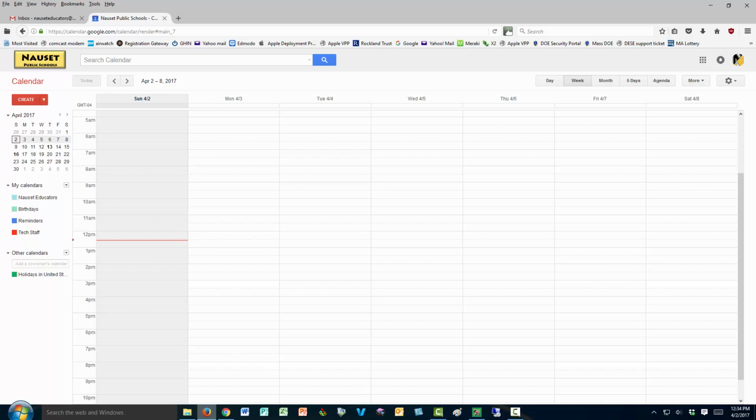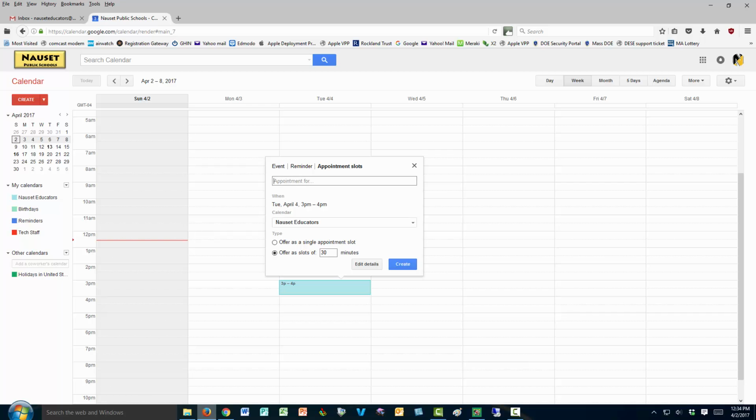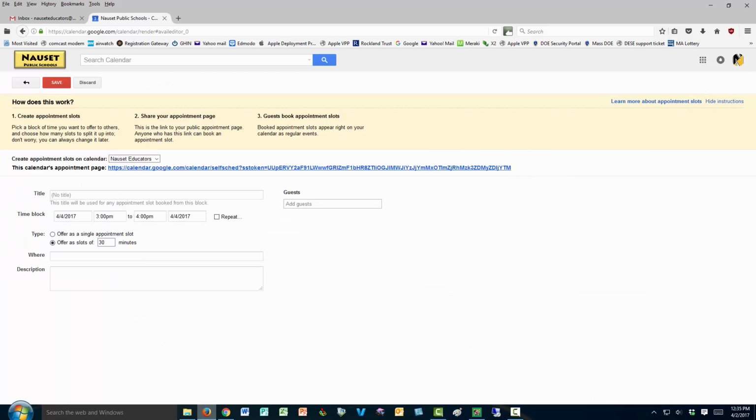these appointments take place. So let's pick 3 o'clock, and what we're going to do is make sure that instead of choosing event, we choose appointment slots. Once we've done that, let's click on Edit Details, and in the Edit Details, there's a bit of information here. Basically, they provide you some steps in which the process works, but what you want to do is simply click in a title,